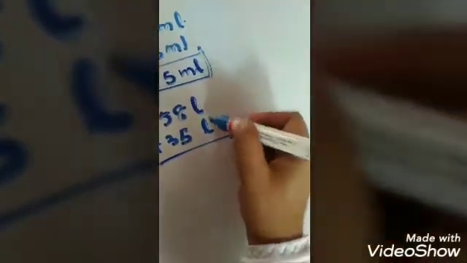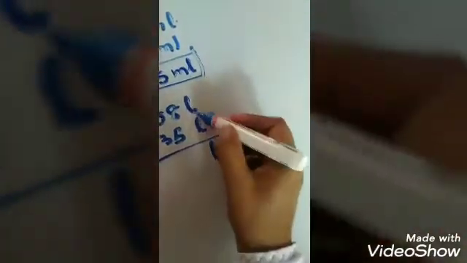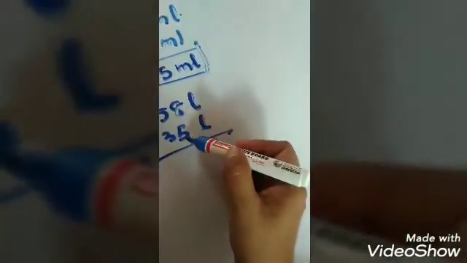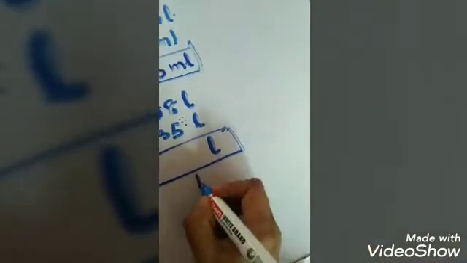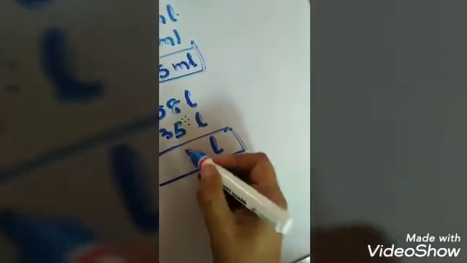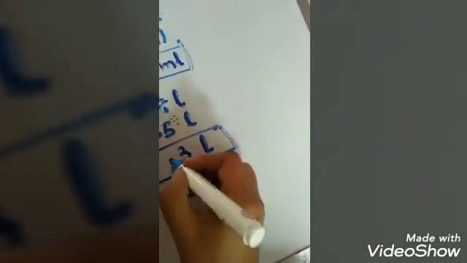Now we'll take another part. This is 58 liters plus 35 liters. Here we have the unit liter, so liter will come down. So 8 and 5, we have to add: 8, 9, 10, 11, 12, 13. We cannot write 13 directly. We'll put 3 only. This 1 will go here. So 1, 5, 6, 7, 8, 9. So this is 93. Hopefully you can do the rest of the parts yourself.